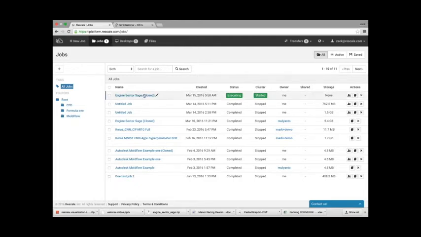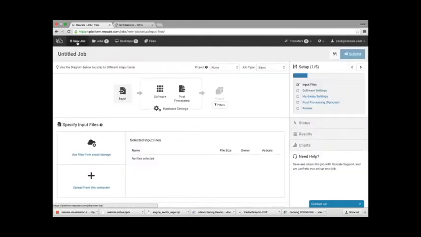In the case of our use case here, what I'm going to do is start a job from scratch, just to show you how easy that is. I'm going to choose the new job option over here. And immediately what I have is a workflow. The workflow is very simple. It depends on the customer requirements. In some cases, those workflows can be customized. The majority of the customers of CONVERGE are using the workflow as is, so nothing really needs to be done. And there are a few steps over here.